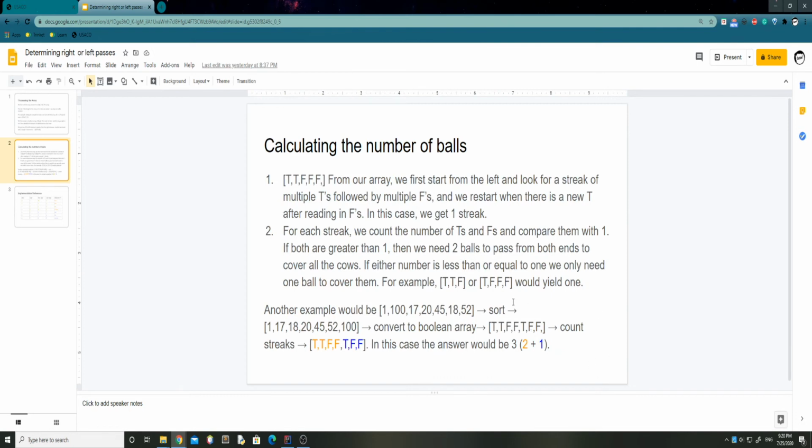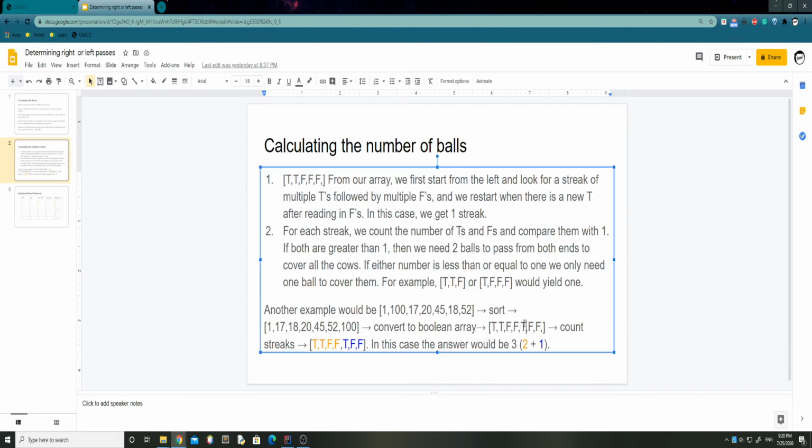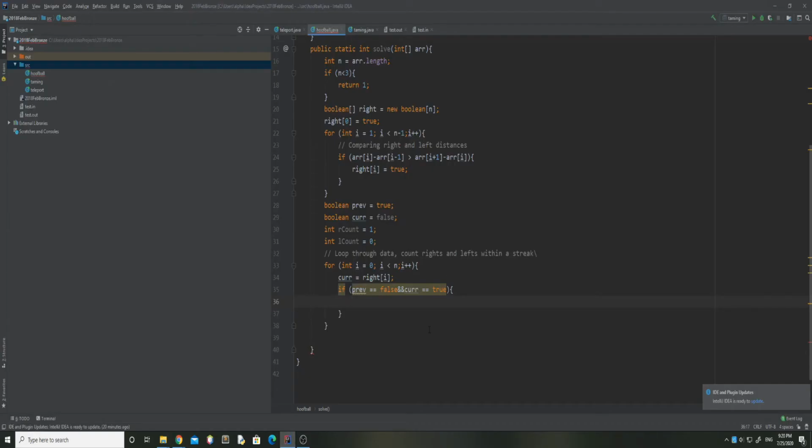However, if you have more trues after your initial false, you have to start a new streak, as that's going to decide how many balls we have by counting the amount of balls within each streak. So we're just going to say, starting a new streak,